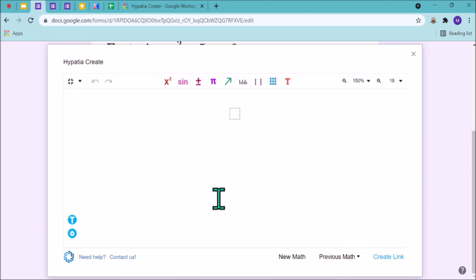Suppose next question, I am just telling you first 2 questions in which we don't need these tools. I want to write the question, solve the inequality. So I will go to text mode, solve the inequality.